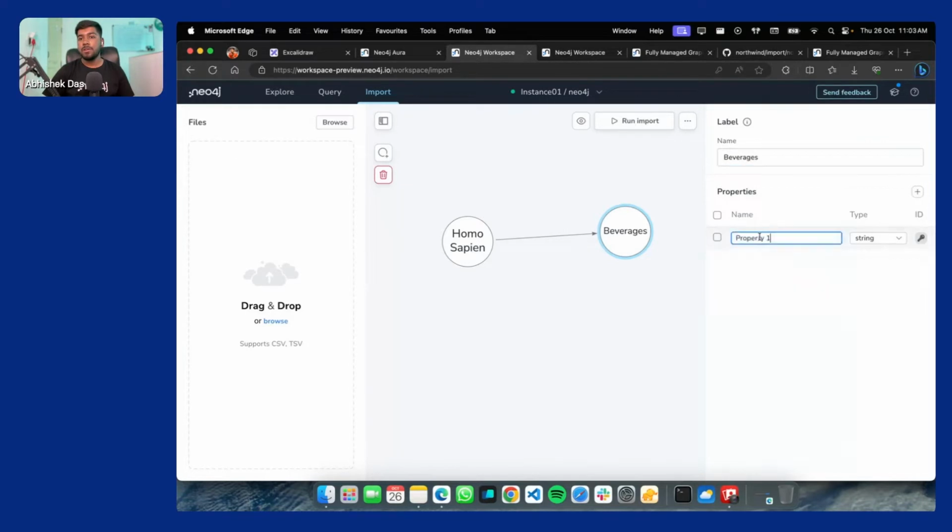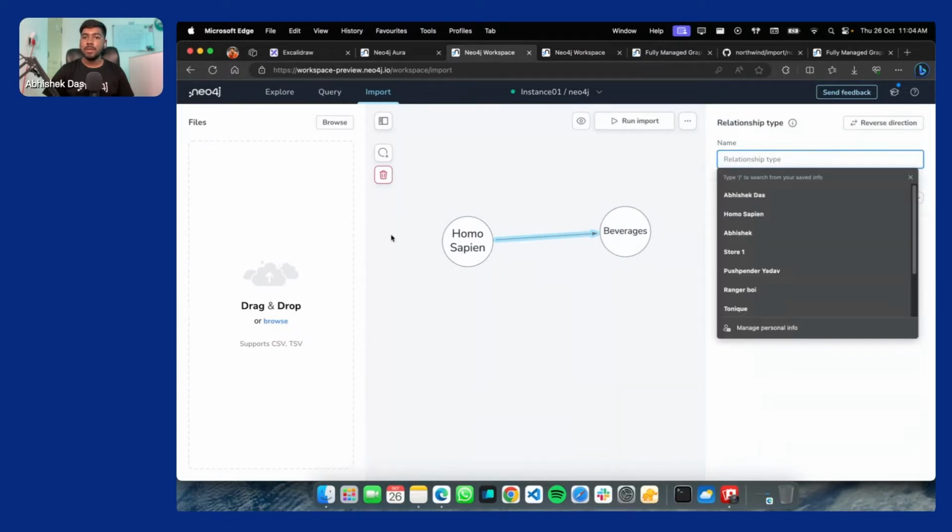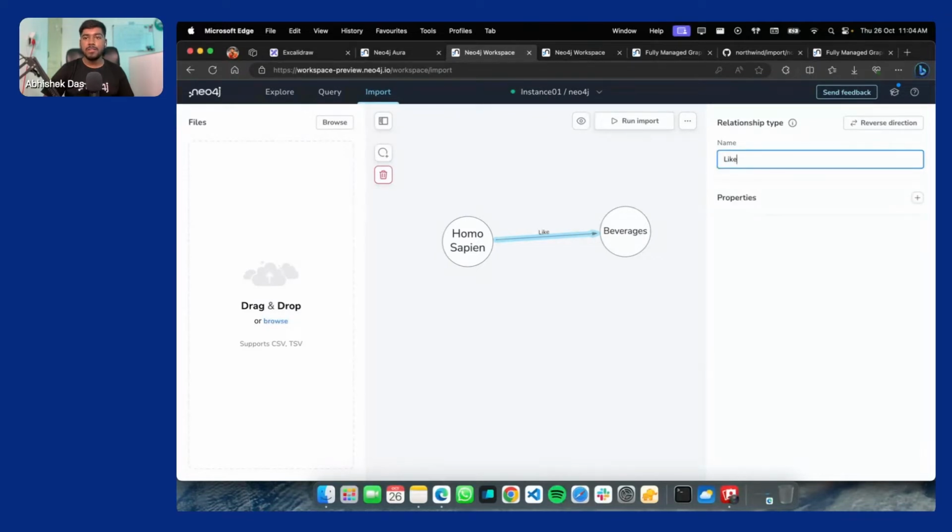Here also you can put ID as a property, and then you can put the name, which can be either coffee or tea, depending on what you like. And this is called the edge. So here we can define the relation, which is likes,